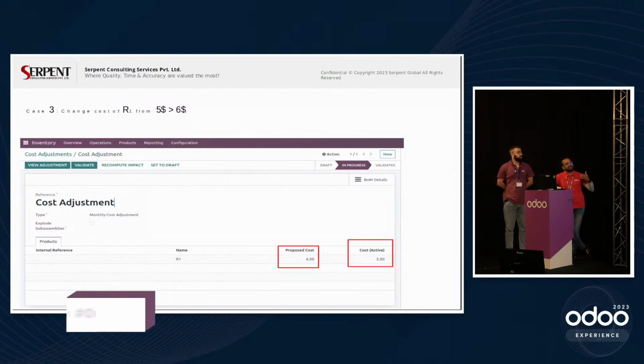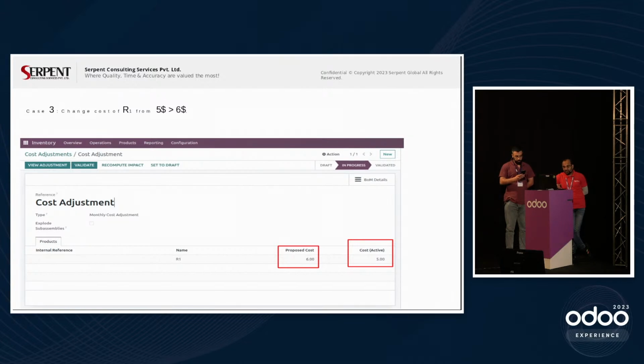But yeah, if there is a case where there is an impact you want to see on the recompute, you can also see on the top. So you can see the adjustment, you can also see the impact of a recompute as you see on the screen. So that dynamism we already have added. So I'm sure your case would be addressed with this.